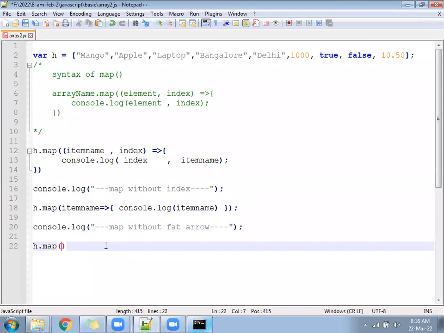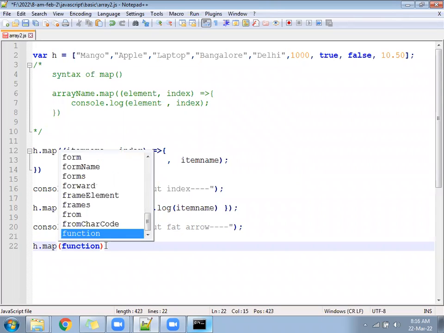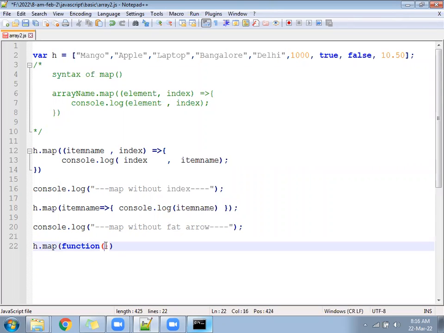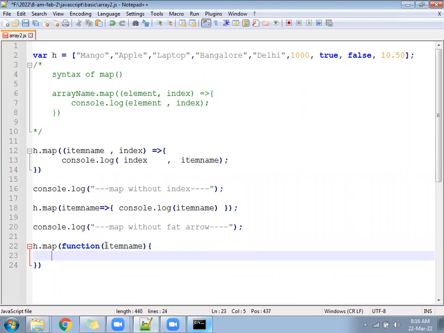Inside that we can write a function. This function will receive a parameter, now called item name, and after that we can write like this,